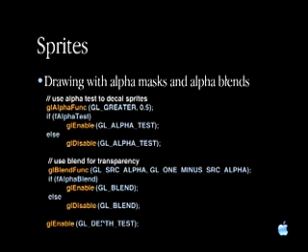For blending for transparency, we'll use a blend func. In this case, we'll use source alpha and 1 minus source alpha. Basically, this says the contribution of the front pixel is source alpha, the source's alpha value. The contribution of whatever is there already is 1 minus that. So if your alpha is 0.8, you can see the source is an 80% contributor and the background is about a 20% contributor. And we enable blending